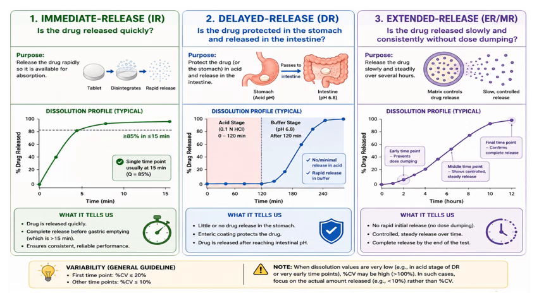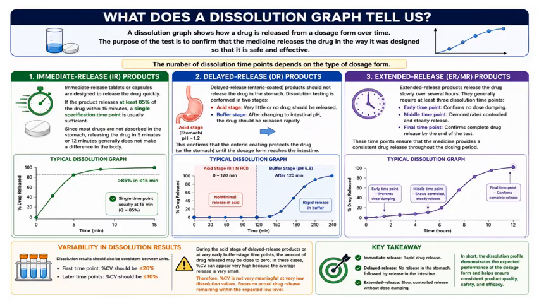The early time point may be around 20 to 40%, then the middle it might be 40 to 70% or 60%, and the final time point not less than 80%. The extended release dissolution graph tells you that no rapid initial release is there, no dose dumping is there, and the dissolution is controlled, steady release over time, and complete release by the end of the test. So, whenever you are performing dissolution, you should know your formulation, and based on that, you can do the